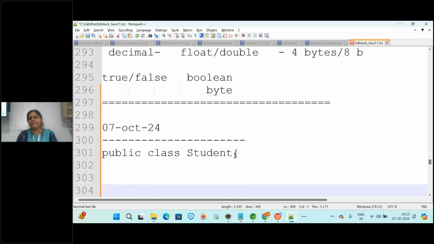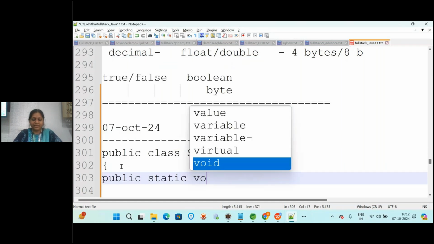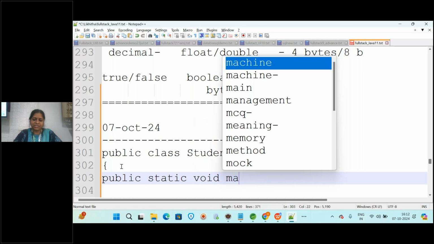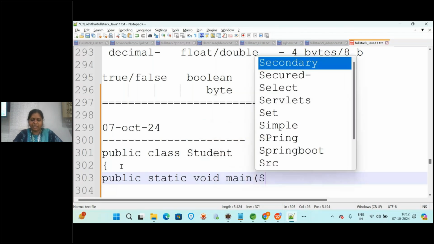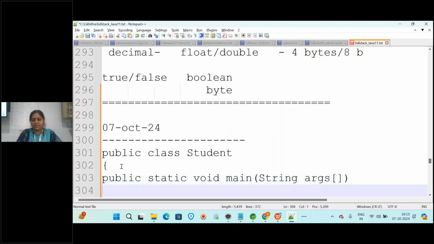Next you write public static void main, which is the basic structure we write for any program, then String args. Then open the curly braces.